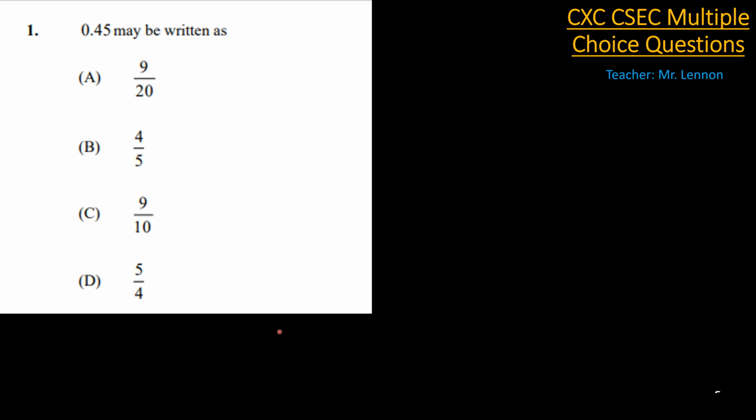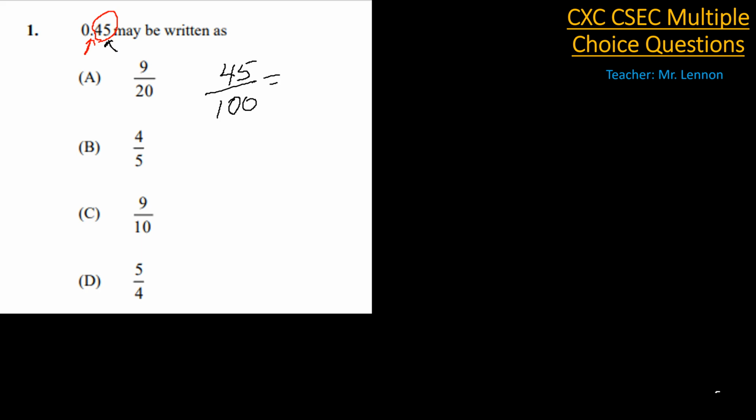0.45 may be written as a fraction. What we are going to do is take the digits that come right after the point and put them over a power of 10. So 45 over what power of 10? We have two digits, 4 and 5, so we'll have two zeros in the denominator. In other words, 100. And if we think about it, we have 4/10 and 5/100th,